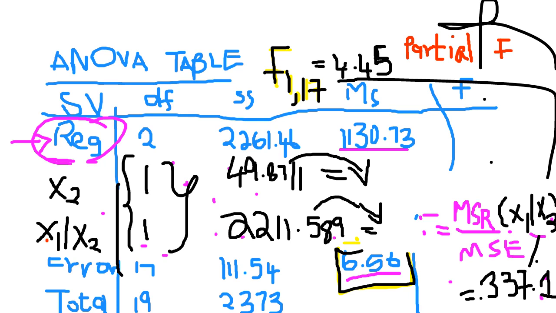Because we said X2 is not improving the model, so there's no need for us to have that variable. When we were using the t-test, we said there's no linear relationship between X2 and Y, but there was a relationship between X1 and Y. So our final model only contained beta 0 plus beta 1 X1. When we're using the confidence interval for the betas, we notice that the confidence interval for